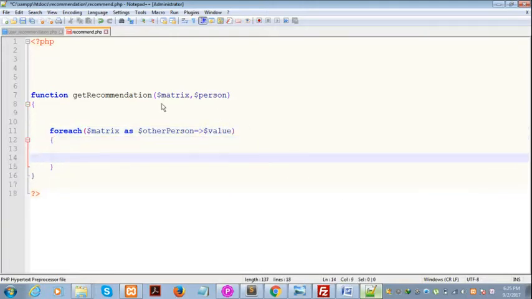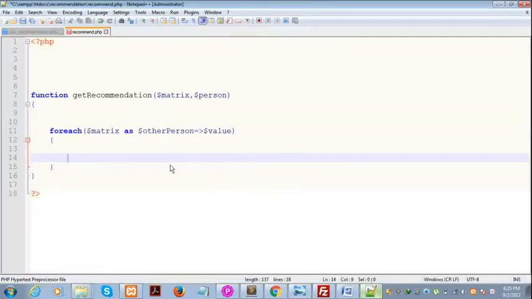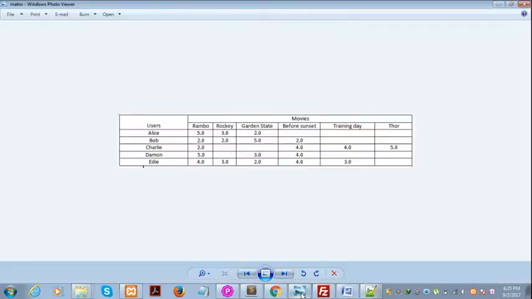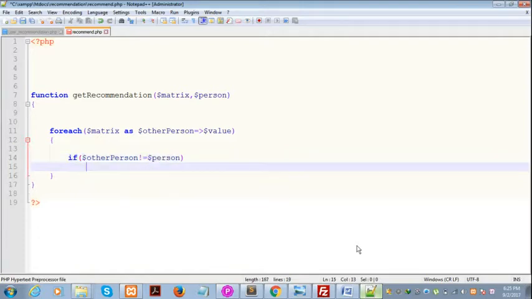So let's suppose we want to calculate the recommendation for Elias. So we will find the similarity of Elias with each of the users. We actually won't calculate the similarity of Elias with Elias itself. So we will use this condition: if $other_person is not equal to the same, then we will calculate the